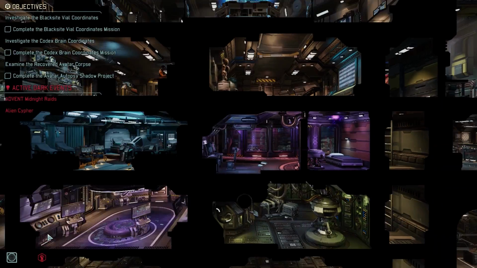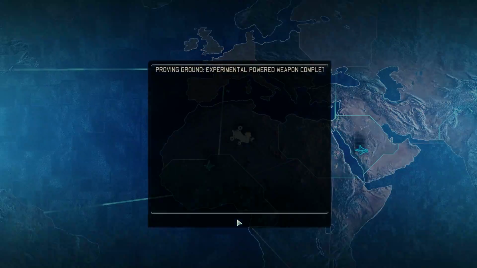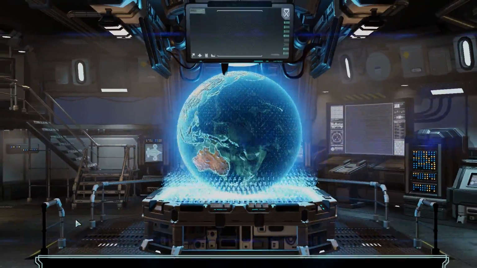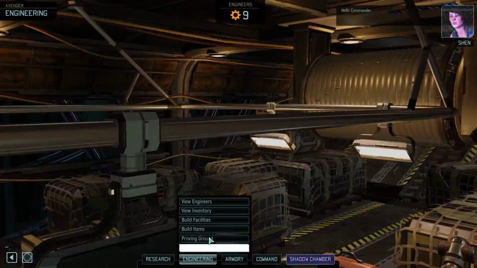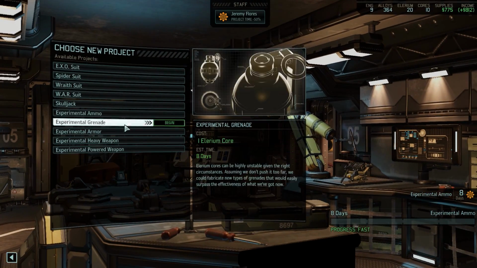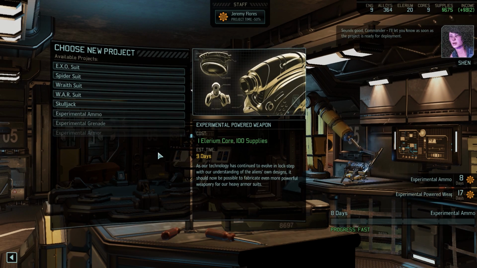Domination. Domination's a pretty good ability. Let's see if we can't get that on this side trooper here. And, you know, at this point, Plasma Blaster, dang it. That's like the worst that I could have gotten there. I already have a Plasma Blaster and they're not all that effective. I'd rather have a blaster launcher or bomb launcher or plasma bomb or whatever the heck it's called. Experimental ammo we do need to do. Let's queue up